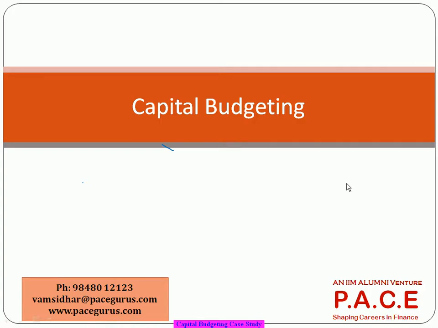Okay. In this session, let's focus on this case study on capital budgeting. The difference, if you observe, between our typical budgeting case study and this: in our budgeting case study, we were focusing more on the short term, right? Whatever we have prepared as a budget is for the next 1 month, or probably the same thing could have gone for the next couple of months. So that's a very short term focus, within 1 year, whatever budget we are making. Whereas when we talk about capital budgeting, we are talking about a big investment decision.